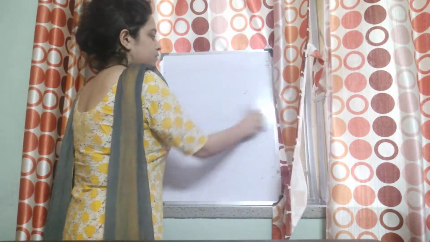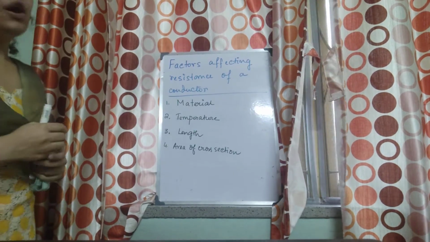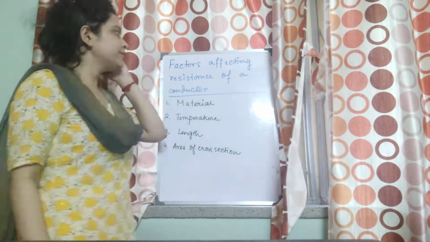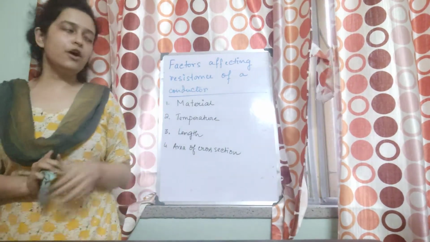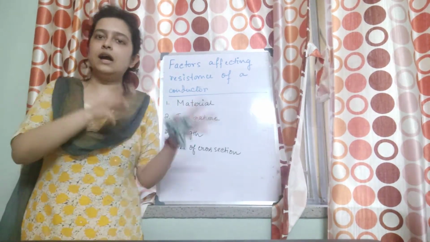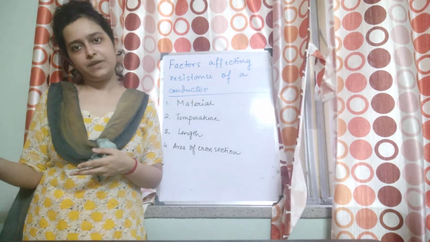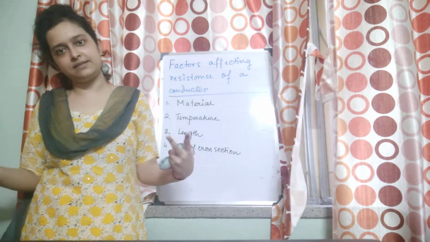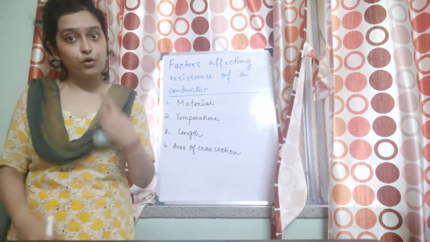Now, conductance we have done, resistance we have done, Ohm's law we have done. Now next, come to the factors affecting the resistance of a conductor. First of all, material. Obviously, that's why we differentiate conductors and insulators. Otherwise, what will be the difference between conductor and insulator? If all the materials had the same capacity of allowing electrons to flow through them.